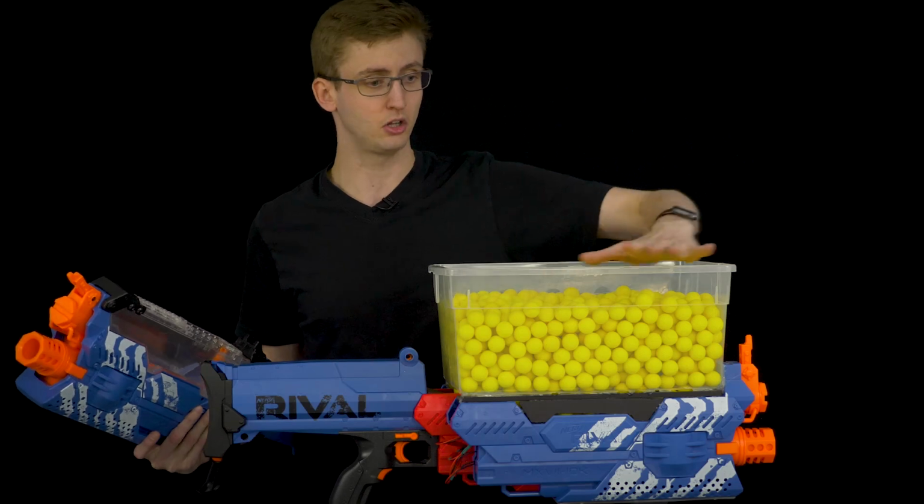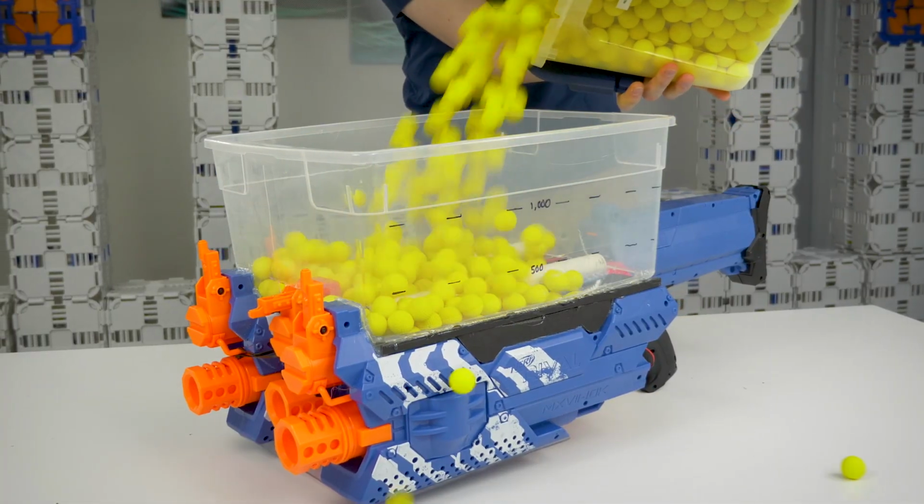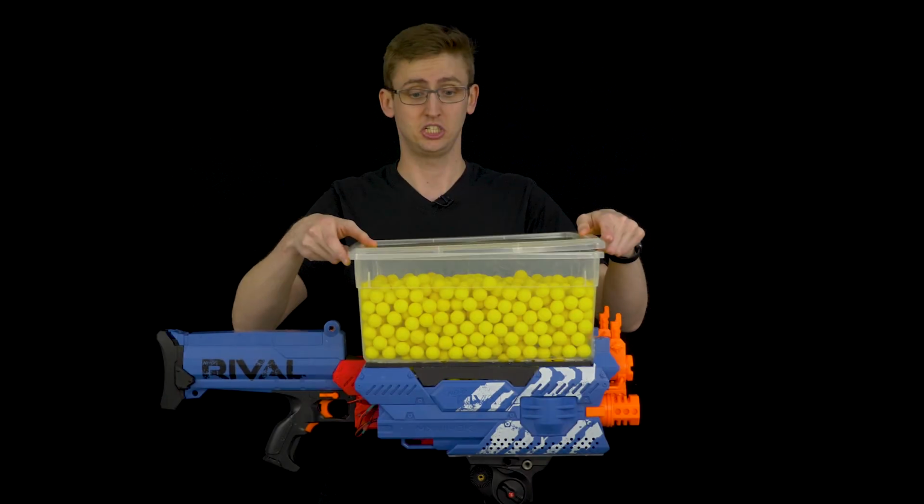So that's why I didn't want to close this off. I didn't want to make a smaller hole or whatever. I just figured I'd take off the lid and be able to load this really easily. And you can. And really, I don't even know that I'd play with this thing shut